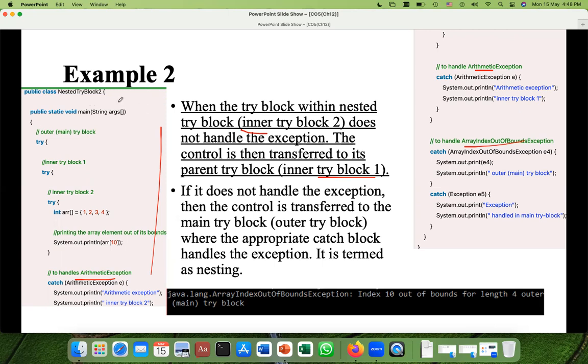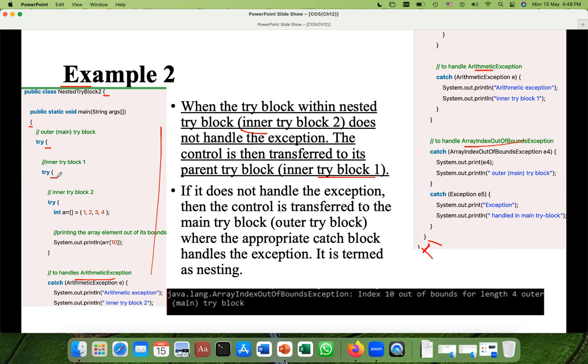So this is example 2. Let's see it: public class NestedTryBlock. This is the name of the class starting, and this is the main starting. When you execute, the main method will execute, and the first try block starts,